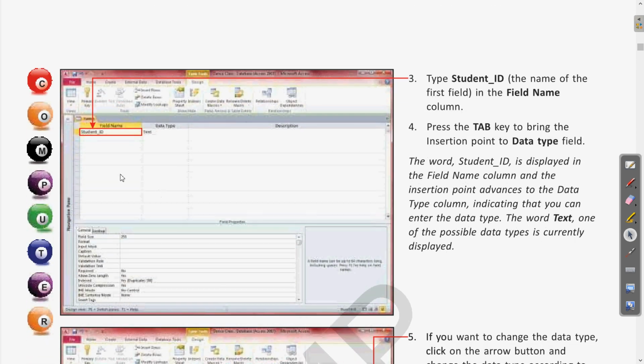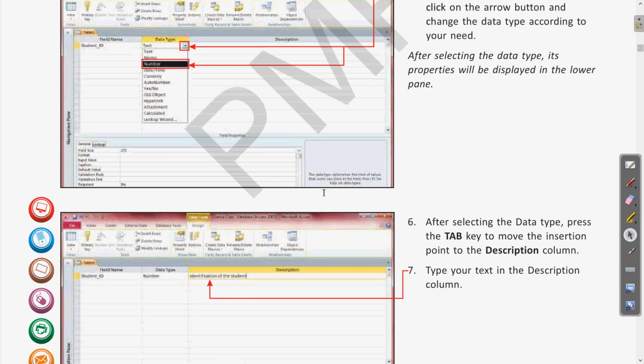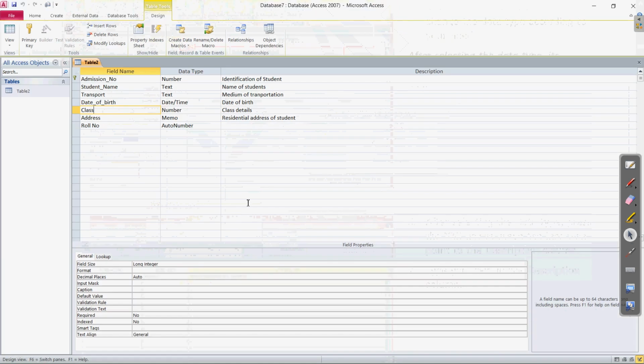Clear? For example, the student name. Okay, so let us come to the software window. Then you can easily relate to the different things which you have already done. So here, as you can see, this is the design view, and here we have entered the different fields, the different data types we have chosen, and we have written the description as well for various fields.